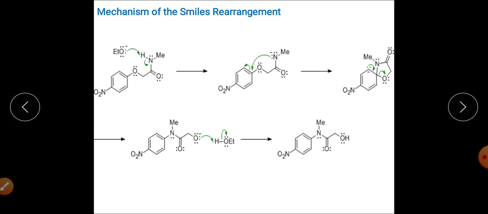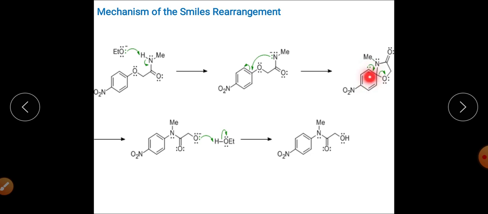So come to the mechanism of this particular rearrangement reaction. First of all, the base will react with this Y. Here we are having NHMe, this is your Y. So the base first of all will abstract the acidic hydrogen from this Y, and this Y will get converted into Y negative. So here we are having N negative, and when this N negative is here, it will attack this particular carbon which is bearing the group X, with migration of this particular bond to this carbon to form a carbanion, right? So there will be complete formation of this bond, carbon and nitrogen.